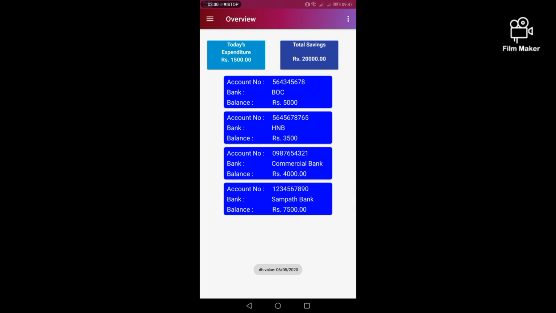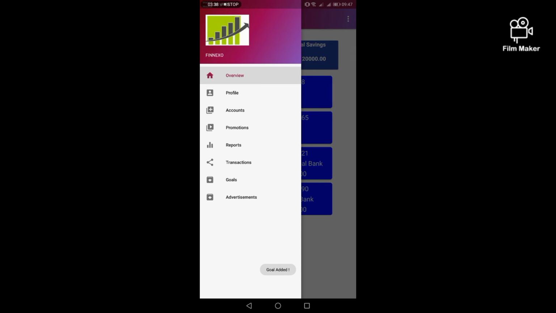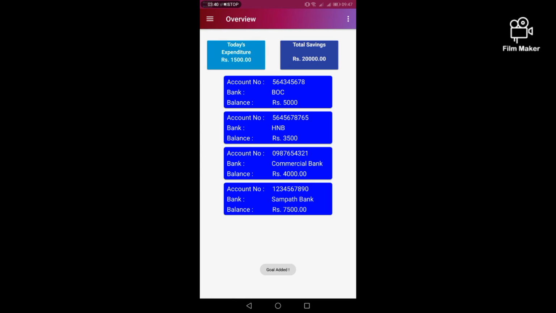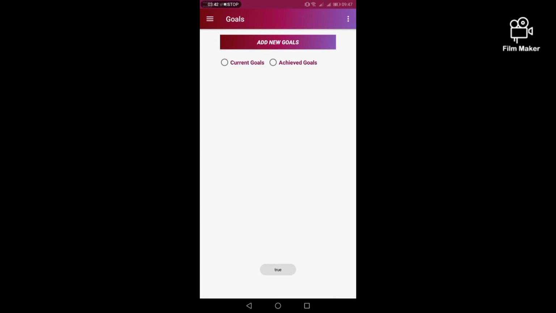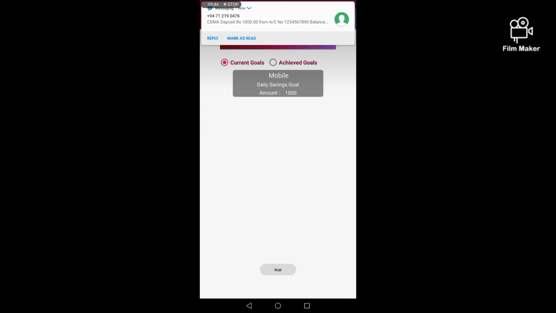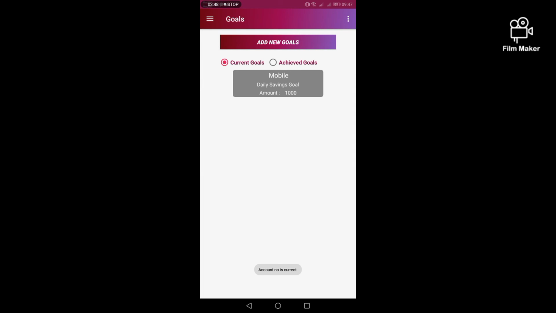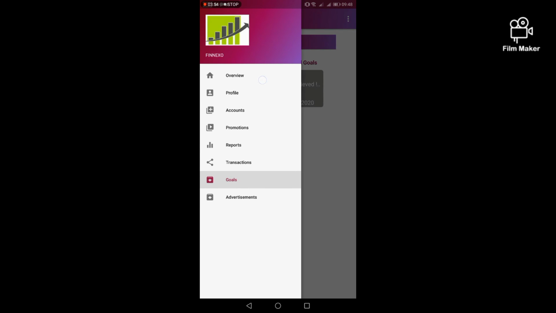Once a goal is entered, and if the goal is achieved by the customer, the overview page will be updated saying that the goal is achieved for this month or this day. The user could revisit the goals page and filter current goals and the achieved goals accordingly.